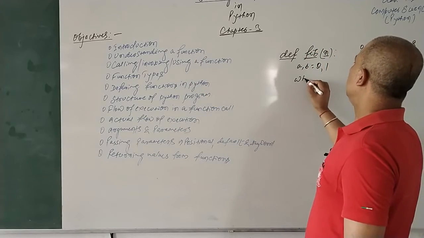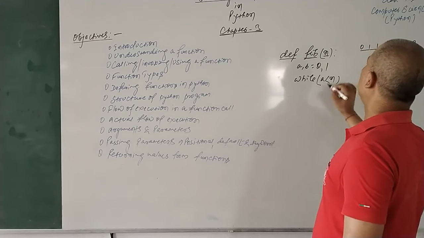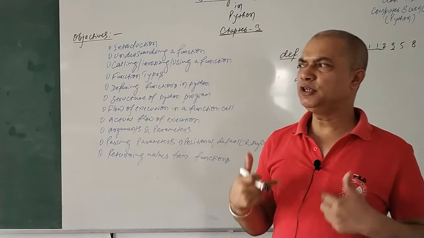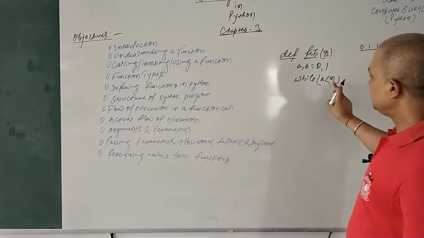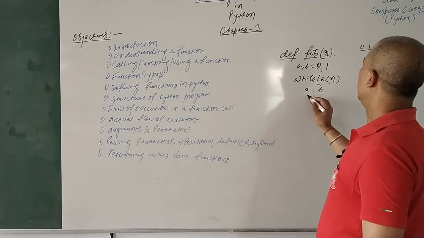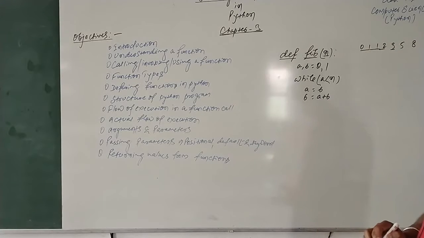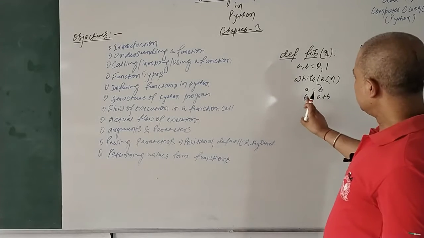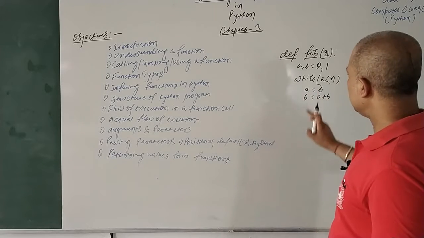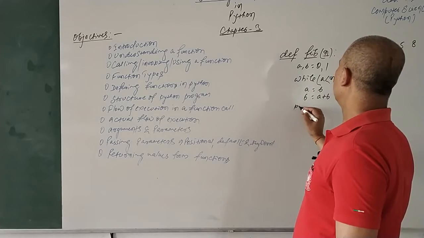Now go for the while loop. A loop is required. You can say while a less than n. n is the argument, that is a number you have to pass to this function at the moment you call it, and it will generate the Fibonacci numbers up to that. And now you can say a, b equal to b, a plus b. I hope it's fine. a, b equal to b, a plus b. This way you can keep on generating the numbers, and then you can say print